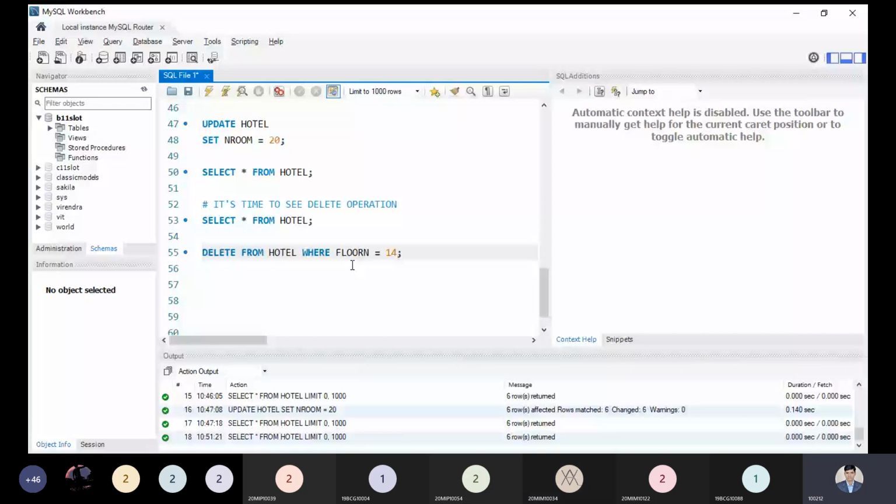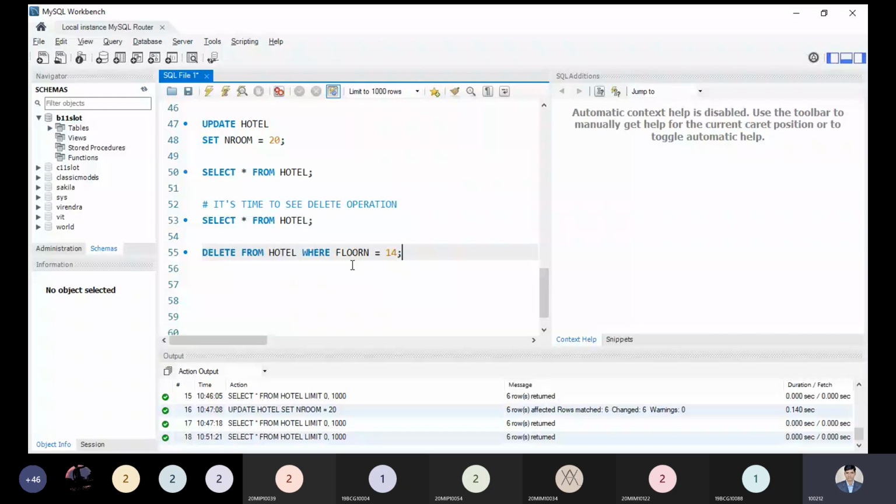Now, deleting the attribute is a part of the DDL operation, because you are changing the structure of the table, you are playing with the schema. But here we are playing with the records, and that is a part of the DML operation. While teaching database languages, I told you that DDL means we are talking about the physical structure or the schema. So anything like that is done by the data definition language. If I am removing the attribute, then you are modifying the schema, so you are changing its definition.